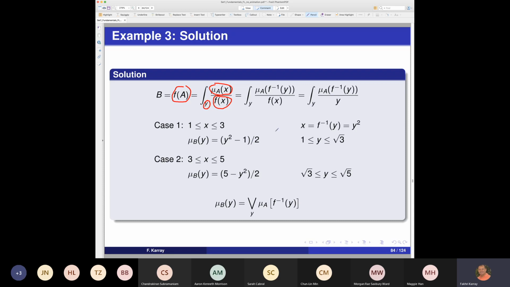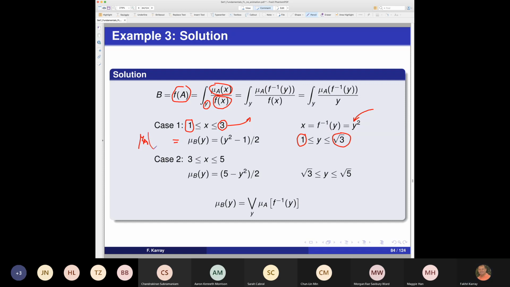Let's look at what this f minus 1 is. For all the values between 1 and 3, the first set here, the inverse of the square root is given by y squared. If we take the square roots for these particular values, y is between 1 and the square root of 3. So you can see this particular function, which is x equal to y squared. If we represent it in the format of mu A of f minus 1, which is going to be equal to mu B of y, we can also write it as mu A of